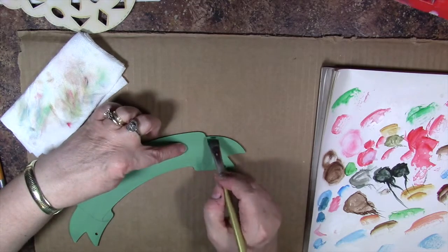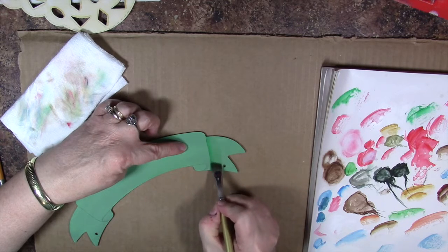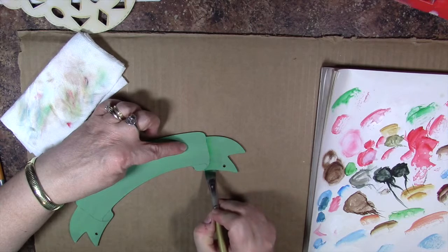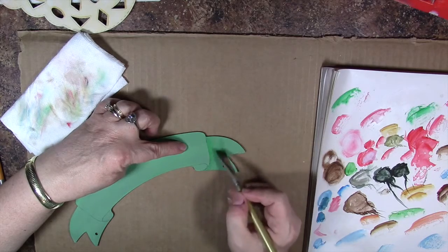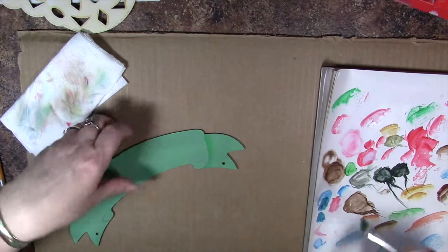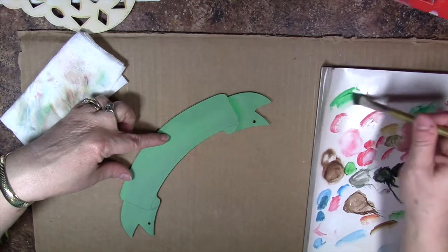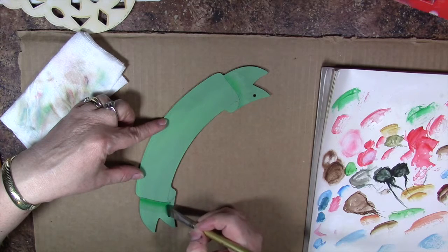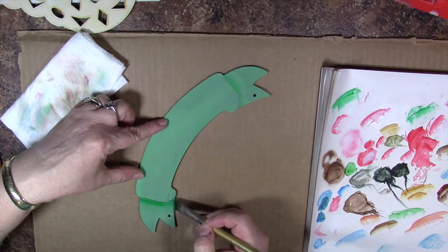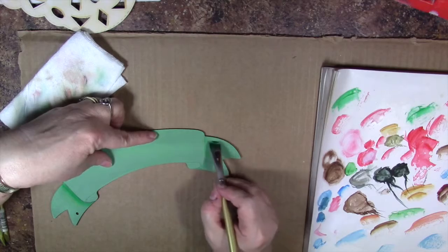So we're going to come down out here, where the ribbon's folding back under, and we're going to float down that edge with the paint facing towards the center of the ribbon. And then repeat that on the opposite side. And you can